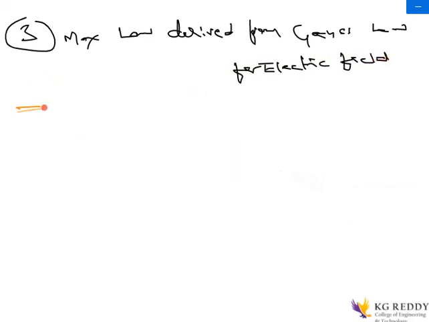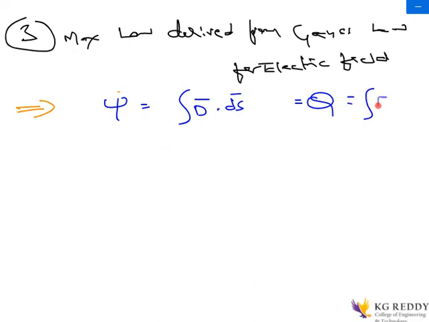I am taking the same equation which we have taken earlier for the static fields. The Gauss law can be given as psi, which is equal to Q. So the flux emerging outside is equal to the charge enclosed, and the equation for the Gauss law can be written as the integration of D dot dS. And this Q, if it is a volume integral, we can write as the integration of rho v dv.